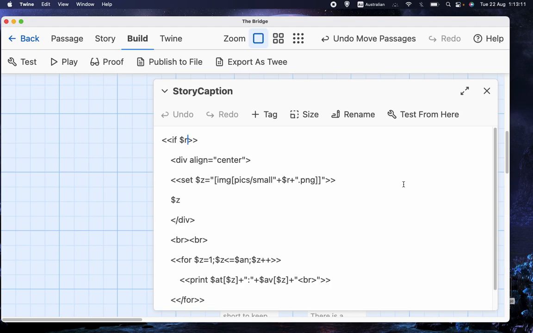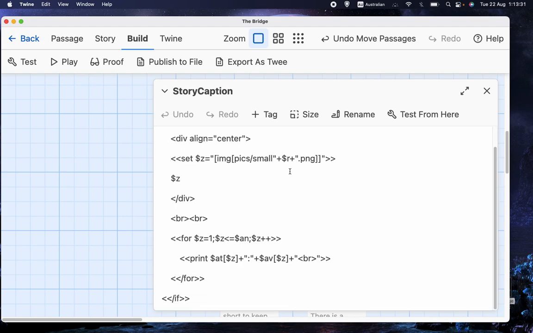If there's been a value assigned to the attribute r, which means, because r is the attribute for race or species, that the player has chosen their race yet. So what that means is don't try and do this at the start of the game before the player picks their race. So if r, do all this stuff. Well, and what all this stuff is: